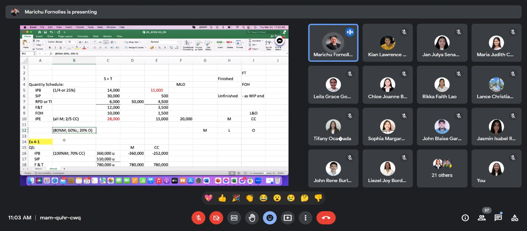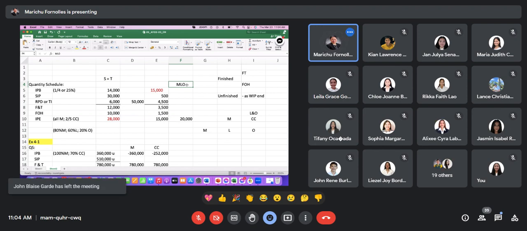So if the parenthetical notation would look like this, there is uniform application of the fraction or percentage completed to each cost element. That's why you need to provide only one column to compute your EP. So in this case, your EP for materials is the same as the EP for labor and the same also as the EP for overhead. So you need to provide only one column for that.